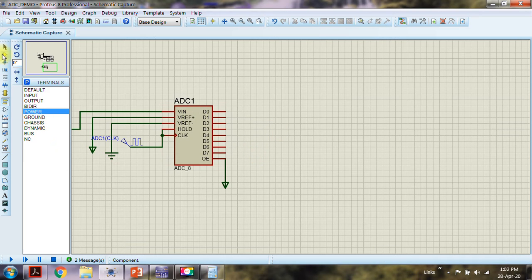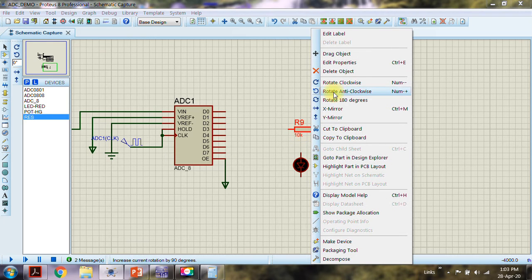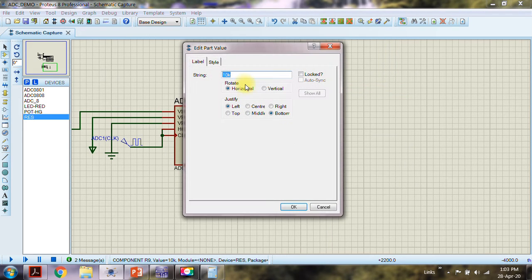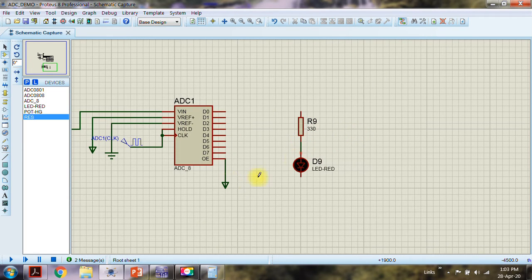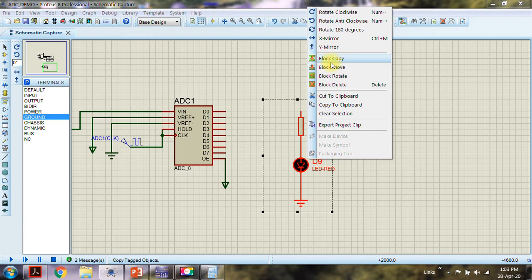Then we require the LEDs to show the output, and of course a series resistor. Remember, it should be 330 ohms. Connected like this. Ground. So we require copies of this.